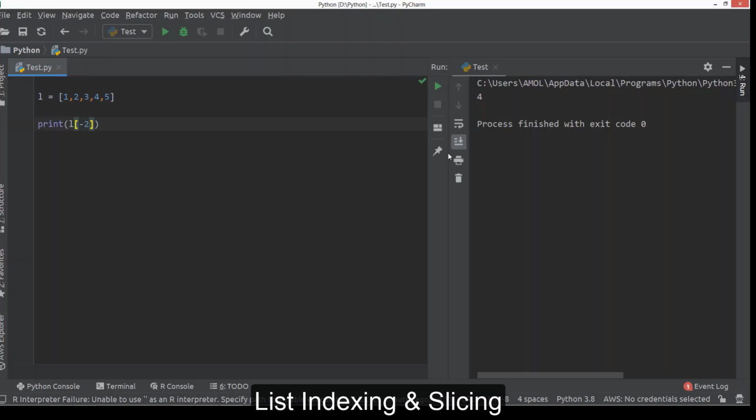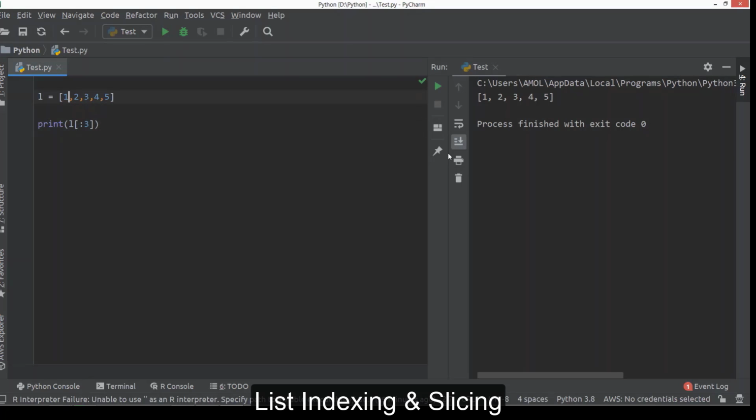We can access a range of elements by using the slicing operator colon. Now to the left of the slicing operator there is a starting value, and to the right of the slicing operator there is an ending value. If we don't provide any value, it will start from 0 by default and end with the last element by default. So it's printing the full list right now. Okay, so suppose I want to start from 0 and we just want to go with 3 elements. So here I can say 3. Now this 3 is an index value, don't confuse.